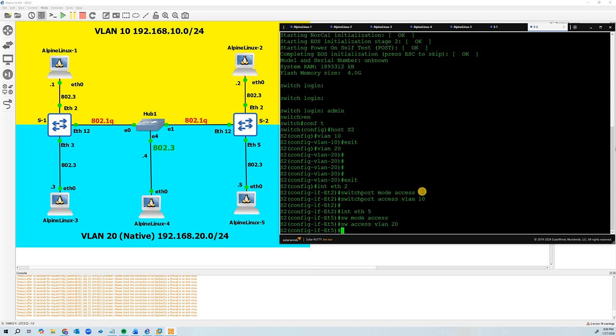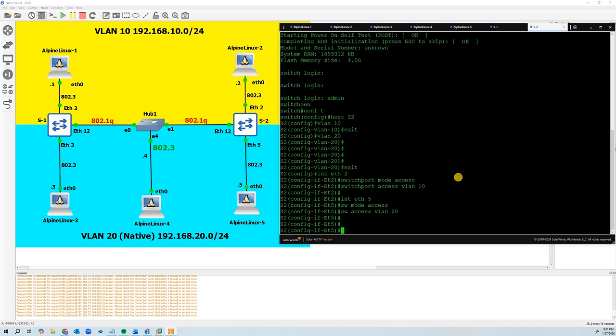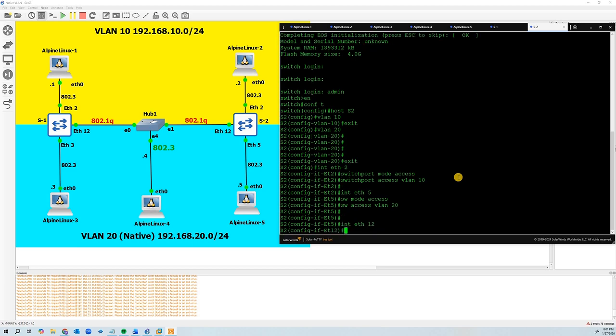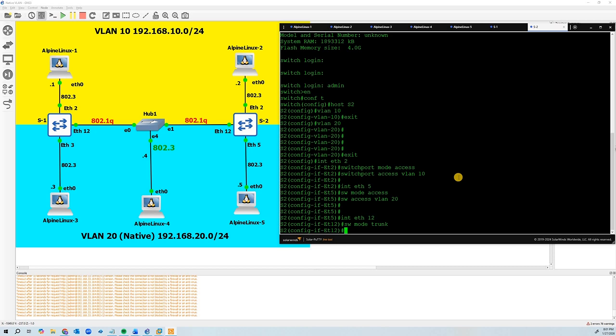So I'll put Ethernet 2 in VLAN 10, I'll put Ethernet 5 in VLAN 20. The next step is I've got to make that a trunk, so I'll go into interface Ethernet 12. Okay, so I've configured trunking, and the next step I need to do is assign the native